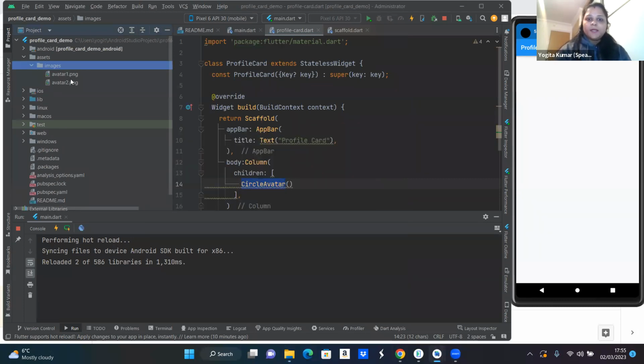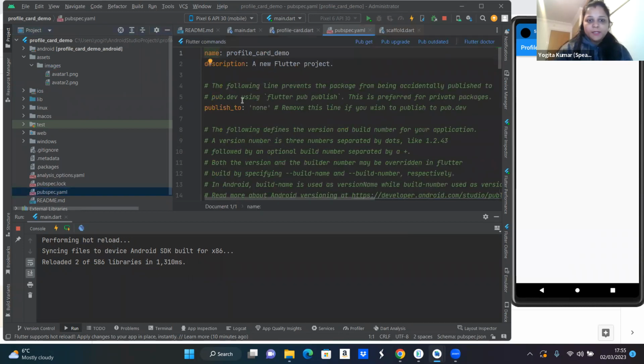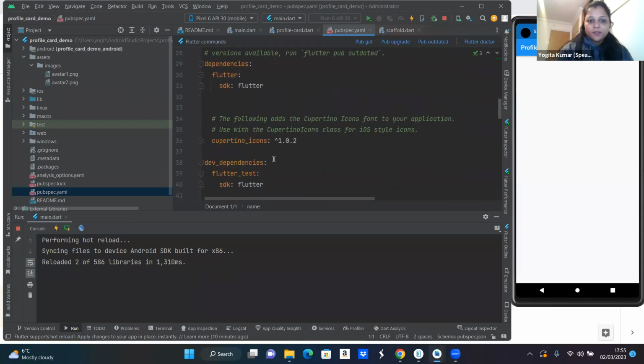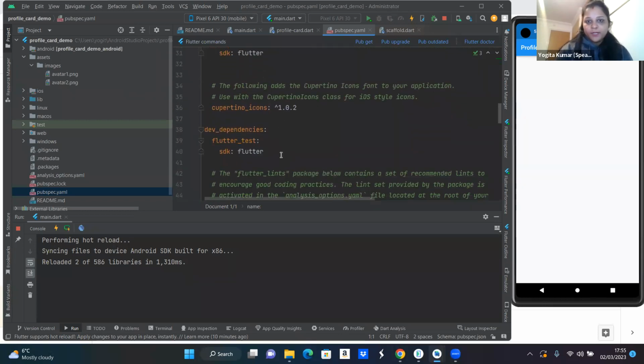Okay. Now this just got added, but how is the application going to understand that these are the assets, images, and that we need to use them? So come to the pubspec YAML file, and here you can see the name of your application, description, and it will give you versioning of your application, dependencies. If you are going to use different packages in a Flutter application,